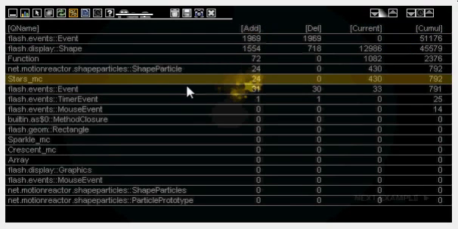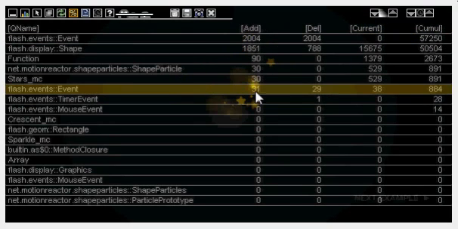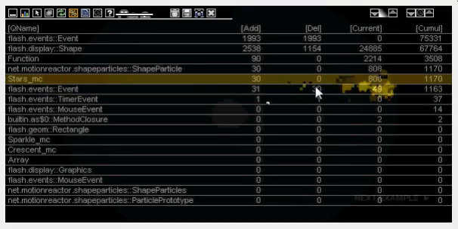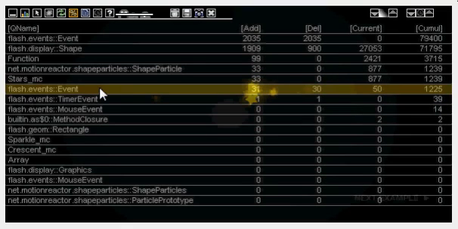This is the added and delete part, which isn't in the Flex profiler. It is kind of cool because you can see here that the cumulative is going up, but the current isn't. So those 30 objects in the event here are allocated in one frame and removed in the other one. So they aren't garbage collected because they would show up in many frames, but they are part of the